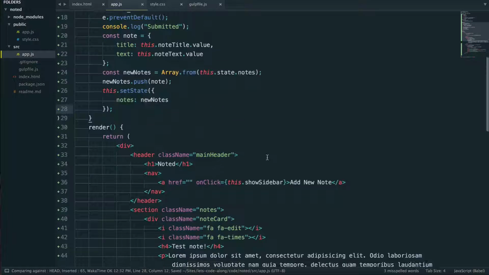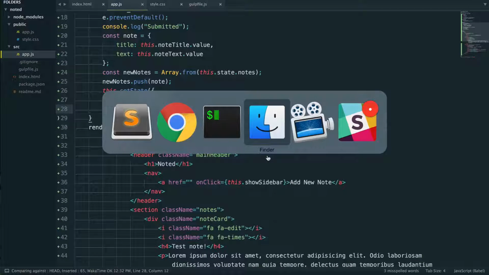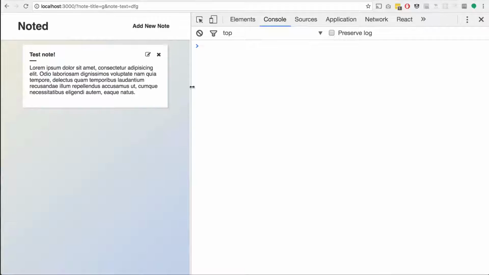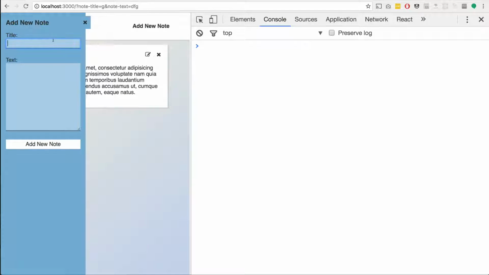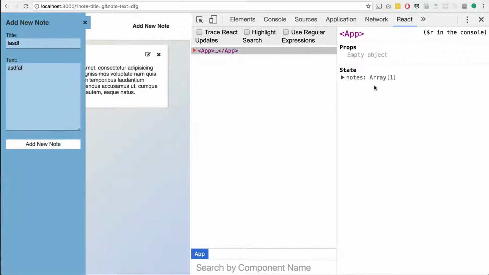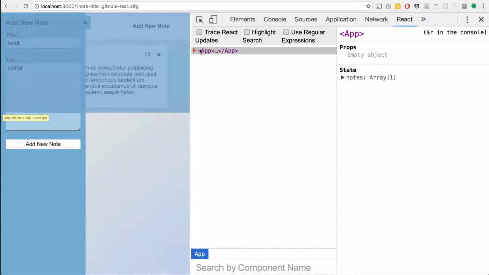Now, we actually won't see this in action just yet because we haven't rendered anything. So what we're going to do is quickly jump back to Chrome. I'm going to click Add, and click that. We've submitted. If you jump back to your React Dev Tools, you'll now see in our application,